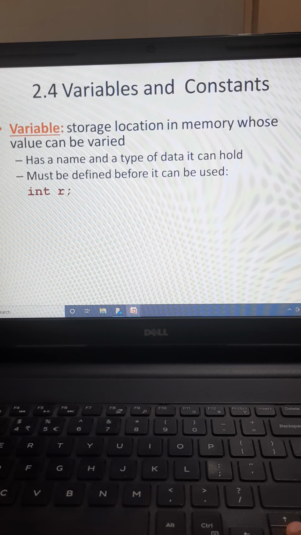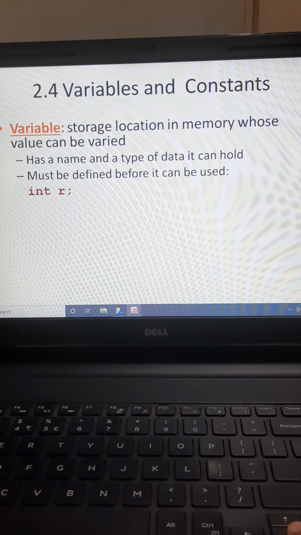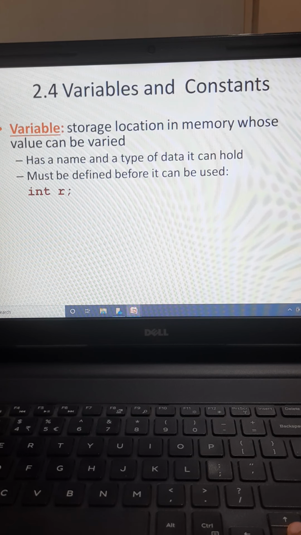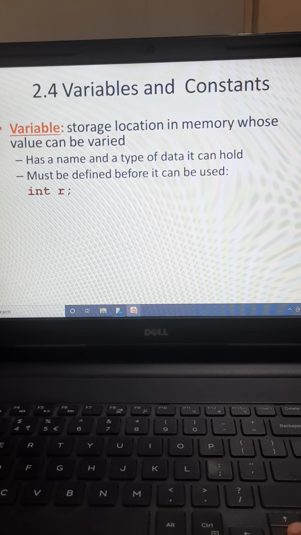So are you getting it? A variable is nothing but a name we specify for a given storage location in which we are going to store some value during execution of the program. We have to define it before we use it. In the main function which we showed in the first program, it was just to print hello world, so we were not doing any logical programming there. But from now onwards, whenever I give examples, we will do some calculations, so you will get a better idea, right?